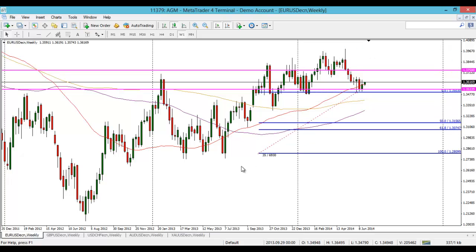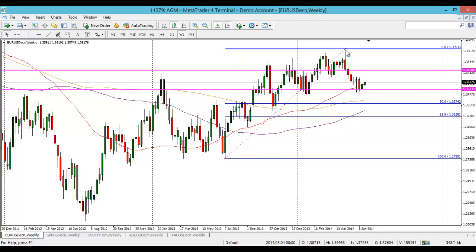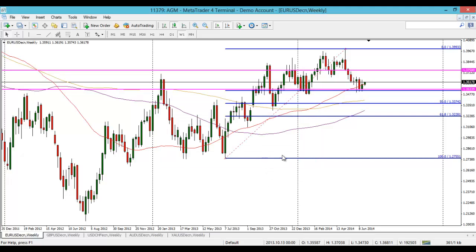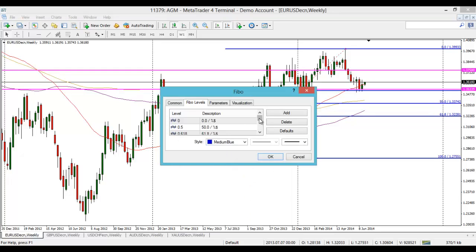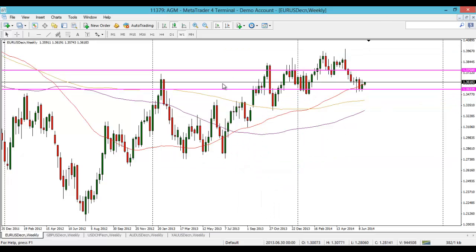And of course, in terms of the fib of the other side, it's this one here that actually comes off of a 38.2 fib. I'll just quickly draw it up, just for a reminder. So that's where we're coming off, that's where we're sitting currently. So that's the fib from the low of 2013 to the high of 2014. So they're the 2 fibs really, and there's nothing much else in terms of different setups. You've got the 2 fibs there, and they're the 2 key levels to look at in my opinion.